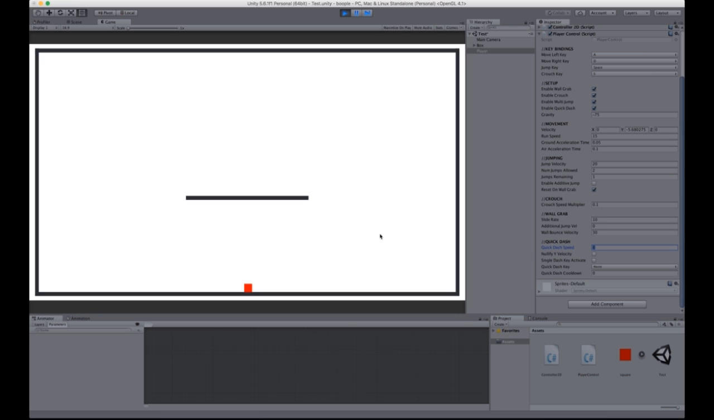Another thing about the quick dash is you can do it in mid-air. And if you're doing it in mid-air, I have this toggle here, nullify